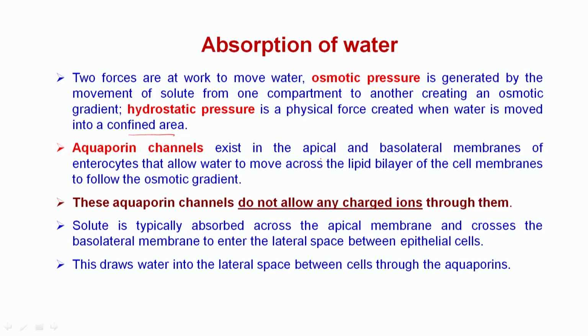Aquaporin channels exist in the apical and basolateral membranes of the enterocytes and allow water to move across the lipid bilayer of the cell membrane to follow the osmotic gradient. These aquaporin channels do not allow any charged ions through them. Solute is typically absorbed across the apical membrane and crosses the basolateral membrane to enter the lateral space between the